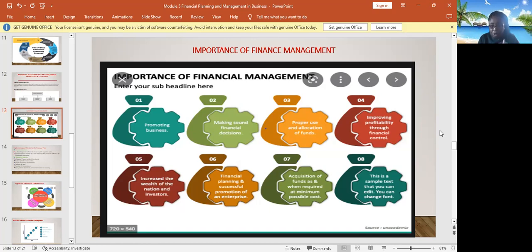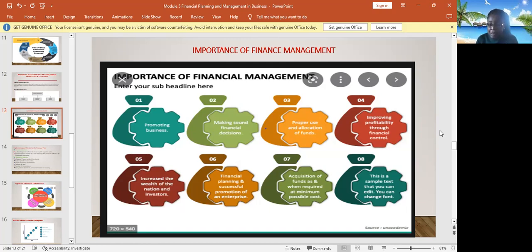Then financial management also helps in acquisition of funds, as it will enable you to acquire funds when required to carry out any project at a very minimum cost. You can obtain loans from the bank if you are a good financial manager. They'll say, no, he will pay, let's give him as much as what he wants at a very reduced interest rate. Number 8,